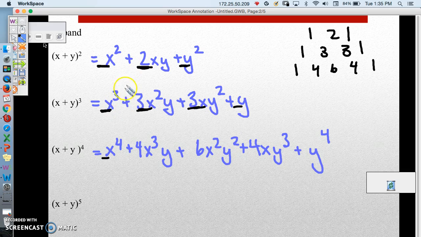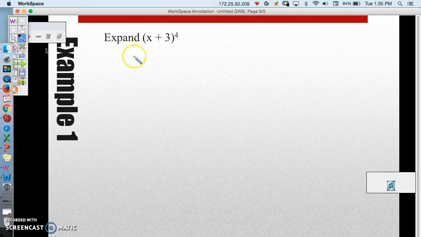You'll also know these exponents. What does x do? It goes 3, 2, 1, and then there aren't any. For y, it's 0, 1, 2, 3. So as the powers go up, one power goes up, the other power goes down. And you'll notice when we add our powers, 2 and 4, 3 and 1, it always adds up to that power. So if we're to expand this, we know we have to look at the fourth row of